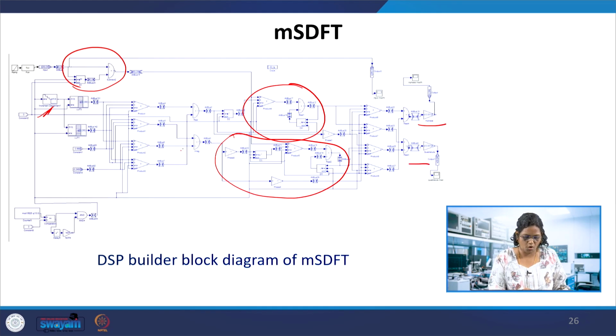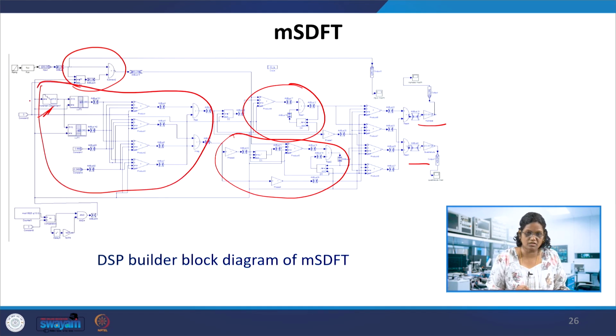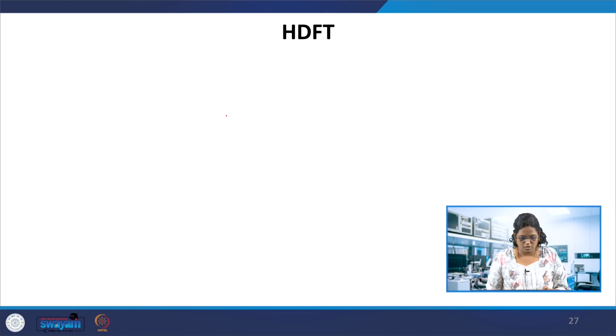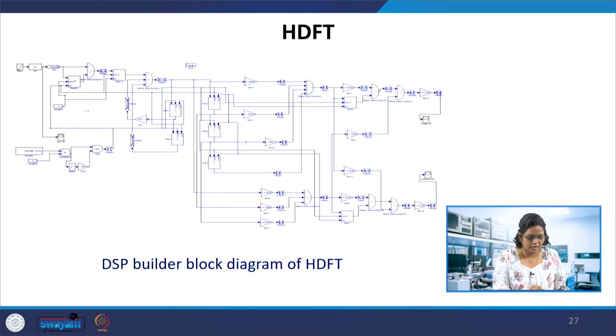So you can also verify by constructing these blocks, and then we get the in-phase and quadrature components similarly using the MSTFT block. So the MSTFT again, this is to generate the cos theta kn and sin theta kn. Simply we put those n values of cos and sin in the lookup table and access this lookup table through a counter, the address, so that we can generate the cos and sin waves and then multiply them to get the output. Also the HDFT block diagram can be done with this comb filter.